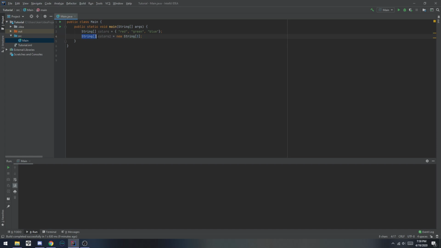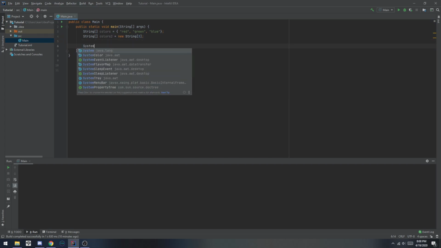I'm not going to be talking about objects, but this is the way you declare them. You declare them with the name of the object, and then the name that you want to give it, and then new Object, and then the parameters. Arrays are a little bit different because they use square brackets. Normally you would use just parentheses. Anyways, I digress, but both colors and colors2 have an array size of 3, and the way you can retrieve the information that's in them